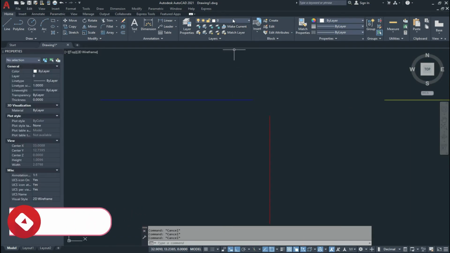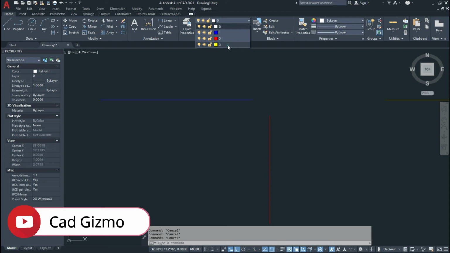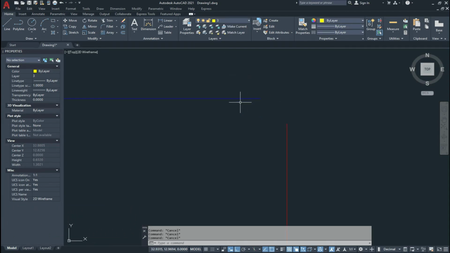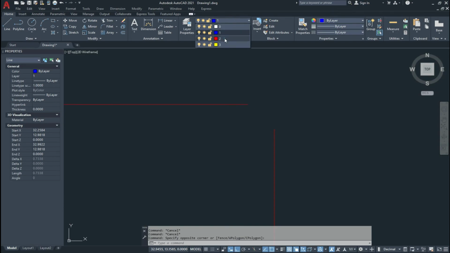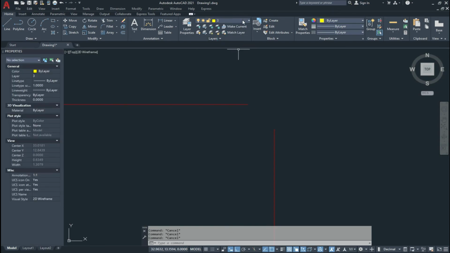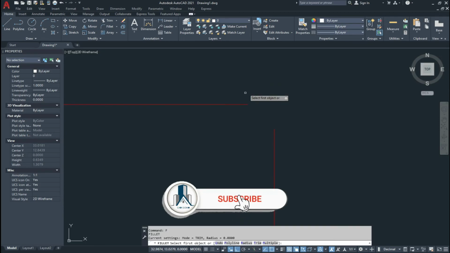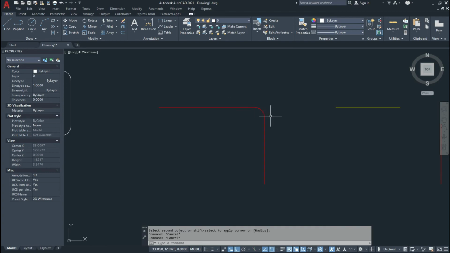Now we see this example again. If I select the third layer and now fillet these two lines, click on this line and click on this line. So in this way we make our fillets. And now if these two lines are on the same layer, and now if I fillet, this makes a single layer.